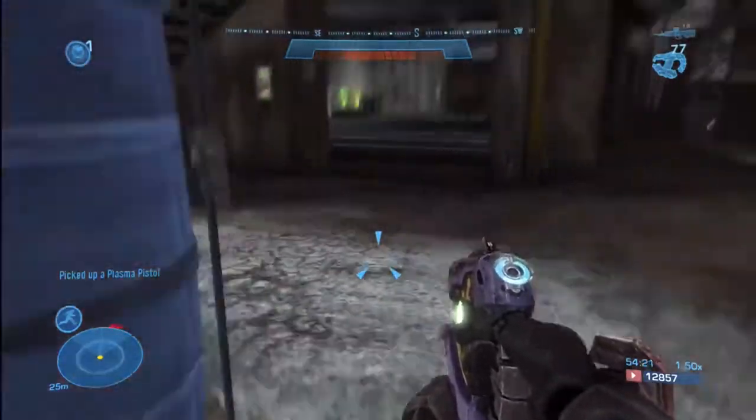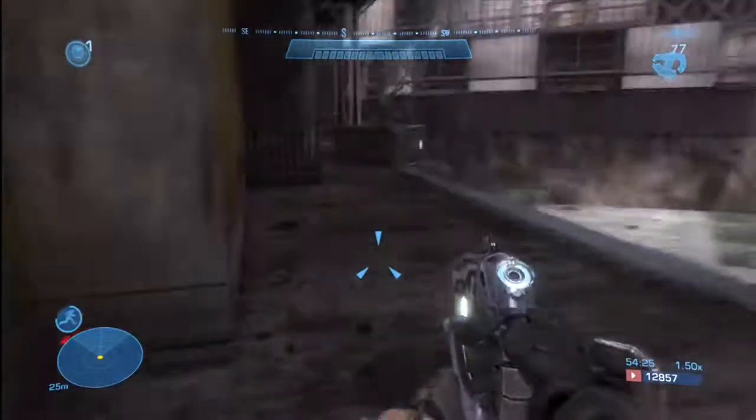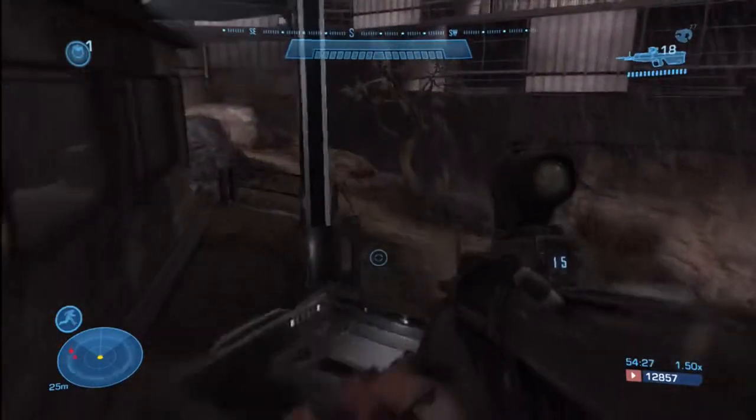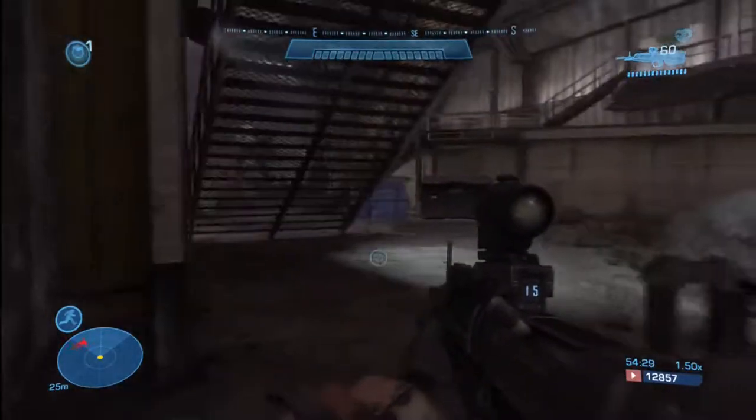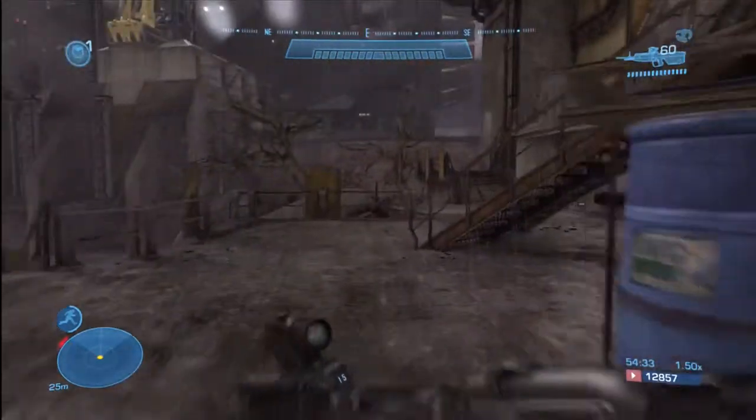And for this last wave, I'll go ahead and drop the sniper rifle and pick up the plasma gun. And this is my exact path that I took every time. I jumped down, I grabbed that health, jumped up on here, and made sure I had full DMR ammo. And I waited just a few seconds